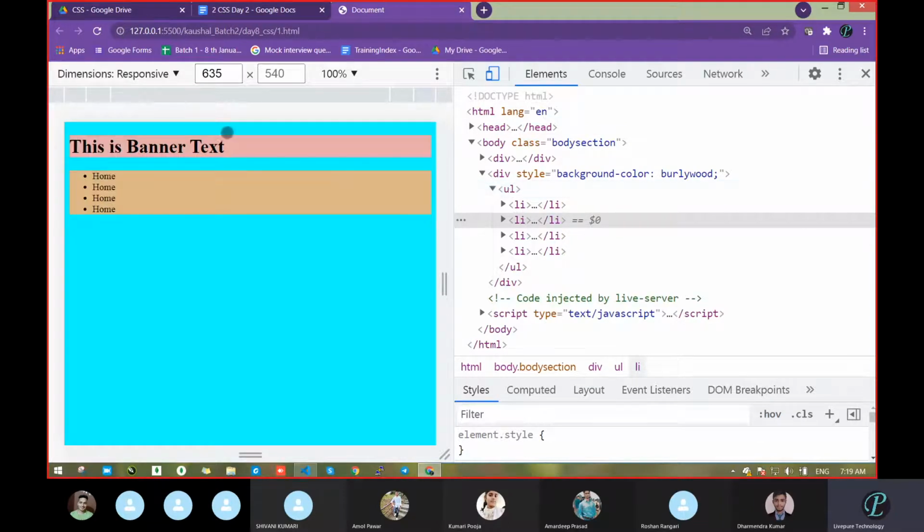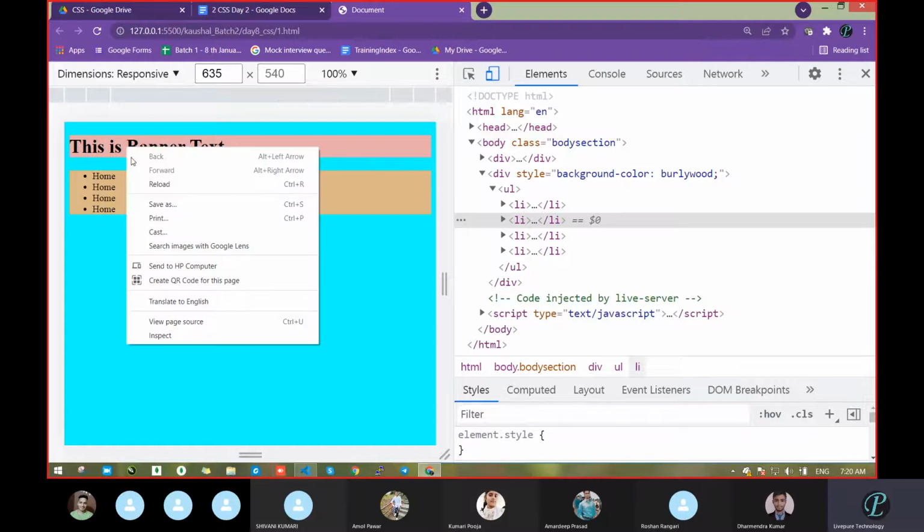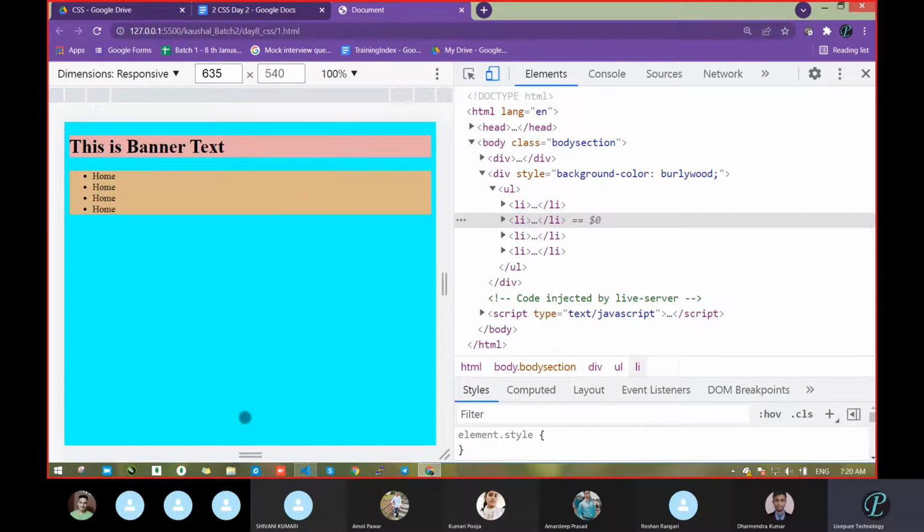So I want to change color for this banner. This is banner text, that one. What I can do is highlight that particular text. How? Put your cursor here, okay? And after that, just right click, you will get the option for inspect. Click this one, and after clicking, you will see that now this dark gray color is coming on the LI. When I click this, it will auto move to this section.